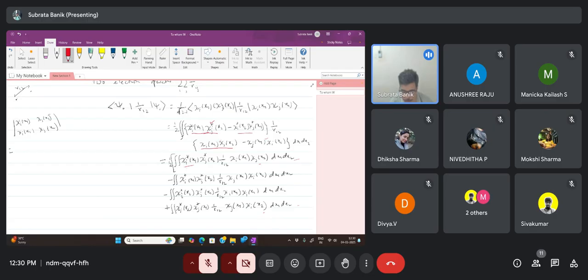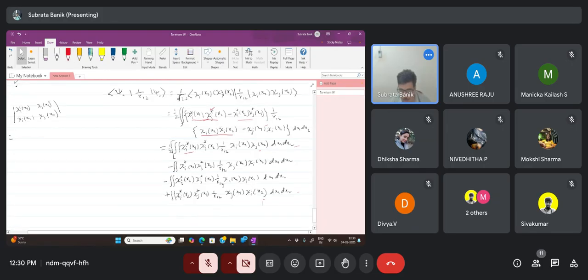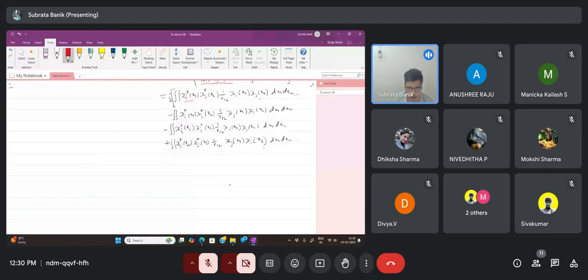Okay, let us do this. What we get here, you just do the dummy variable interchange. This will be equal to